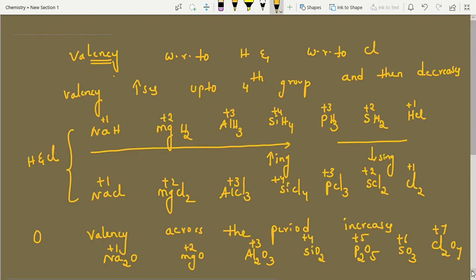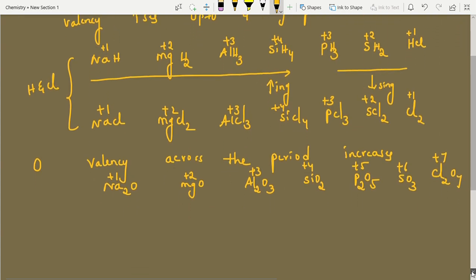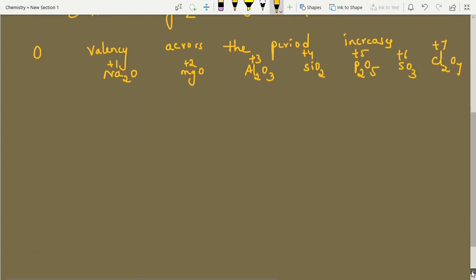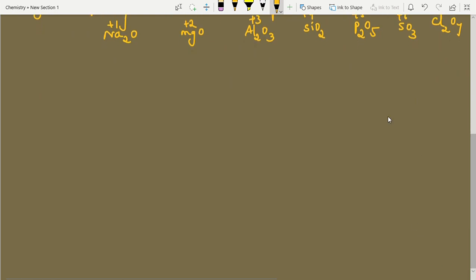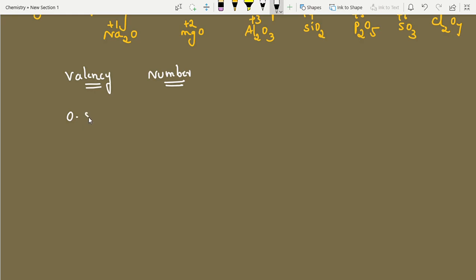Now I am going to give oxidation states, s block, p block, everything I am giving. With this you can do a number of questions. Even redox reactions you will feel very comfortable if you have command of oxidation states. What is the difference between valency and oxidation state? Valency means we are just writing a number, students. But what about oxidation state? Oxidation state is nothing but apparent charge.